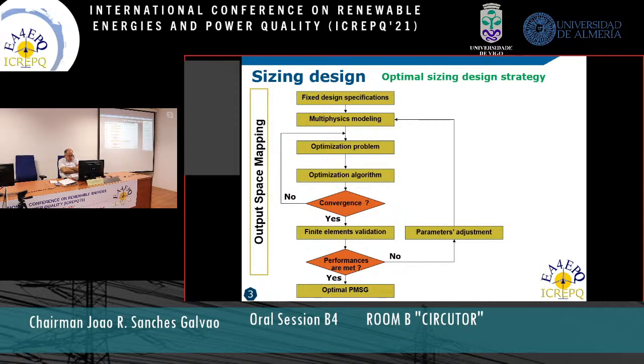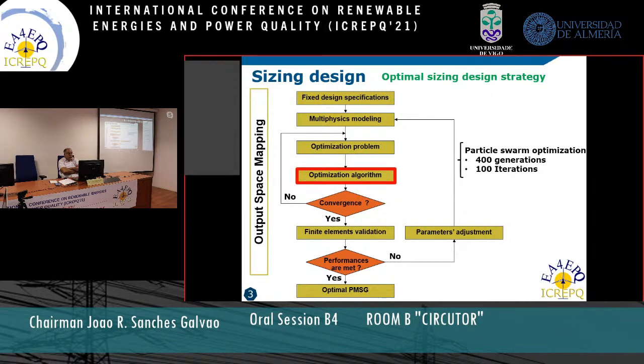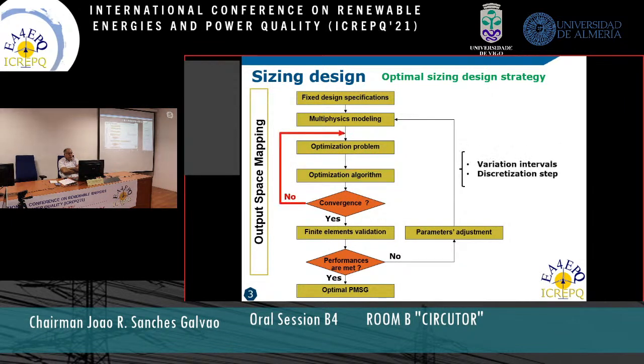I will be explaining the differences between what we are proposing and what already exists in the literature to highlight the contribution of this work throughout these slides. First, we are fixing our design specifications, and then we are going to put in place our multiphysics model, which is limited to only two submodels. We are going to formulate our optimization problem, execute our algorithm, and compare the results obtained based on the convergence of the algorithm,